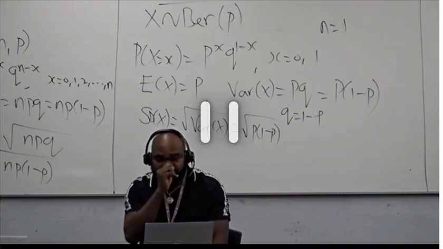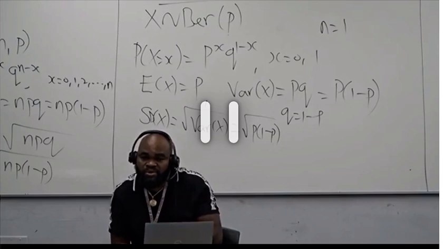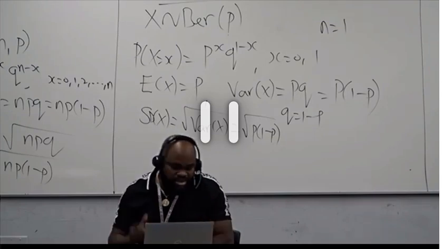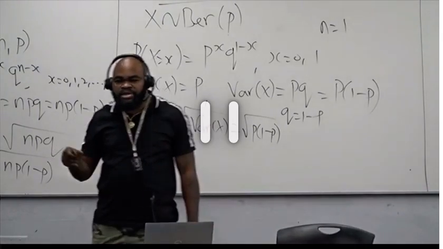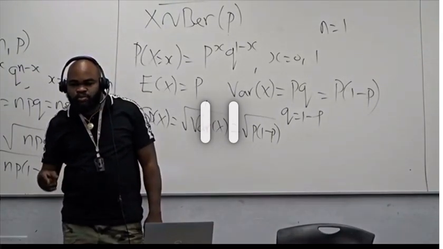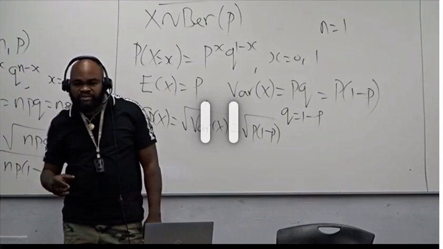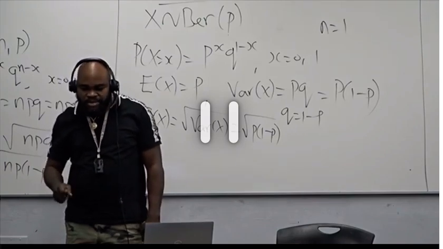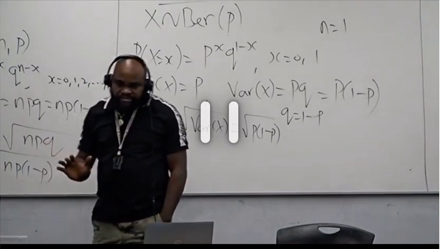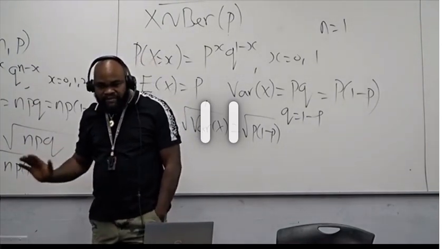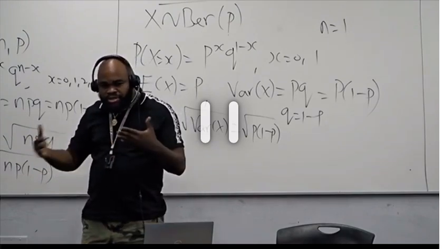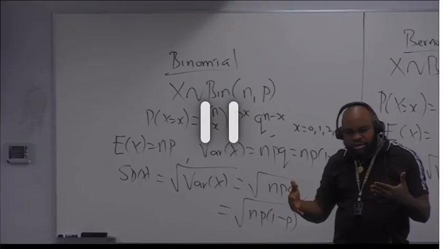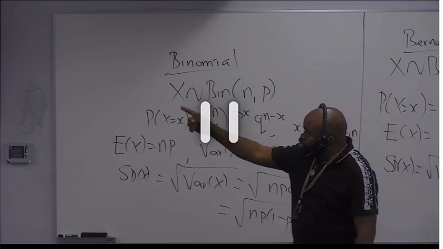We are still referring to Bernoulli trials, but this is what happens: what is the number of Bernoulli trials that I'm going to perform before I see the first success? I'm going to say that again. I want you to see the difference. Bernoulli is different from binomial. Binomial is different from geometric. But the similarity among all these distributions is that they are members of discrete probability distributions.